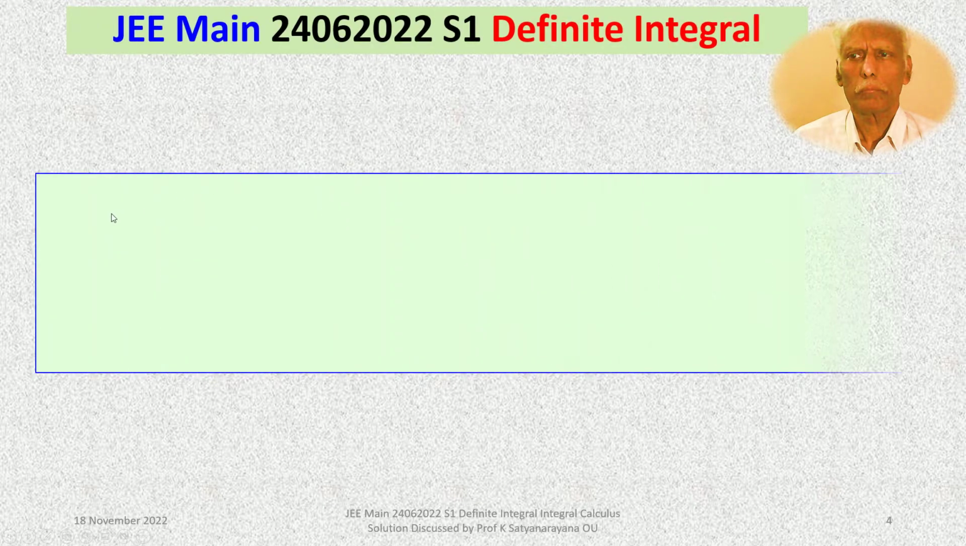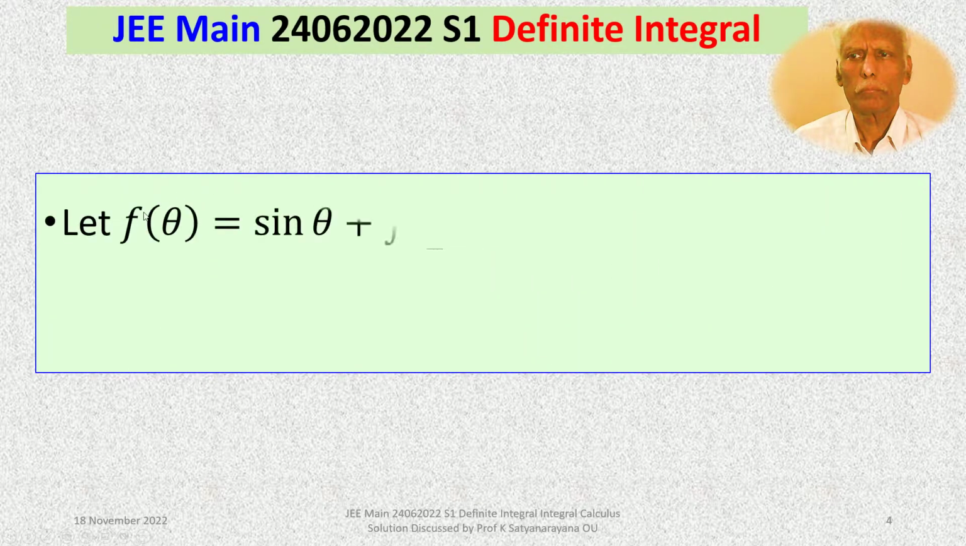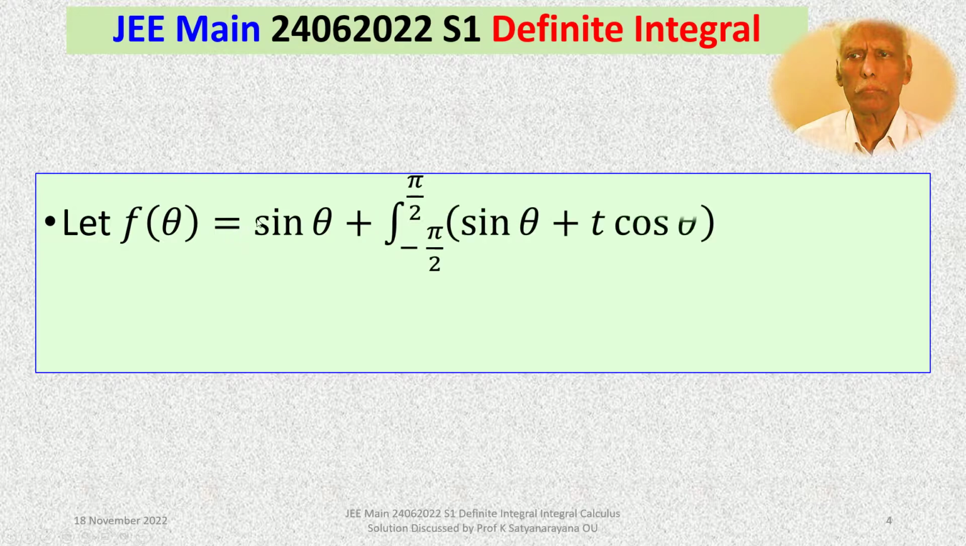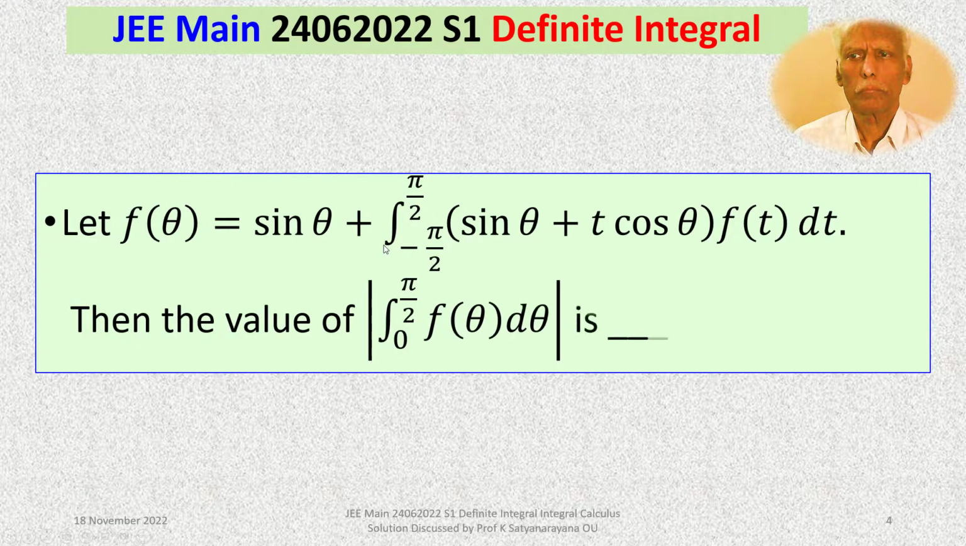The problem is, let f of theta is equal to sine theta plus the definite integral from minus pi by 2 to plus pi by 2 of (sine theta plus t cos theta) f of t dt. Then the value of the modulus of integral 0 to pi by 2 f of theta d theta is